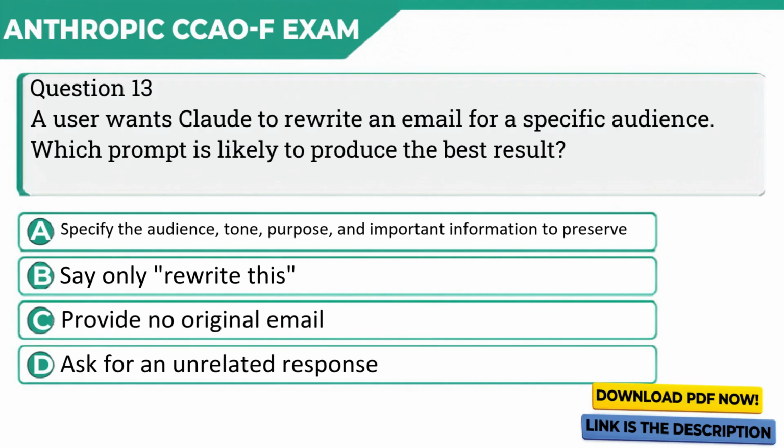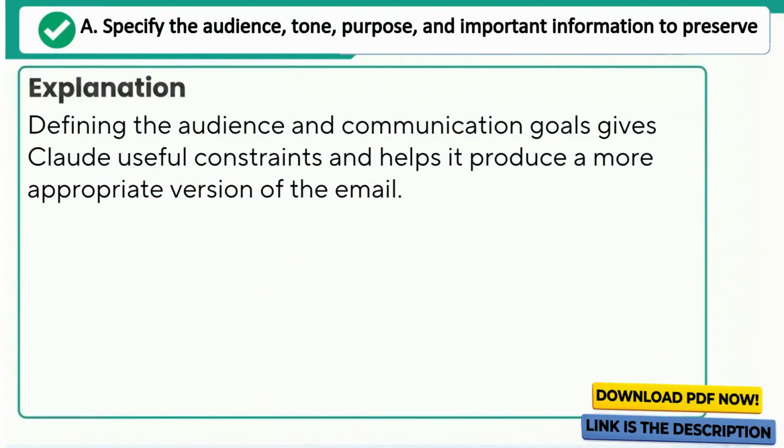B. Say only, rewrite this. C. Provide no original email. D. Ask for an unrelated response. Correct answer: A. Specify the audience, tone, purpose, and important information to preserve. Explanation. Defining the audience and communication goals gives Claude useful constraints and helps it produce a more appropriate version of